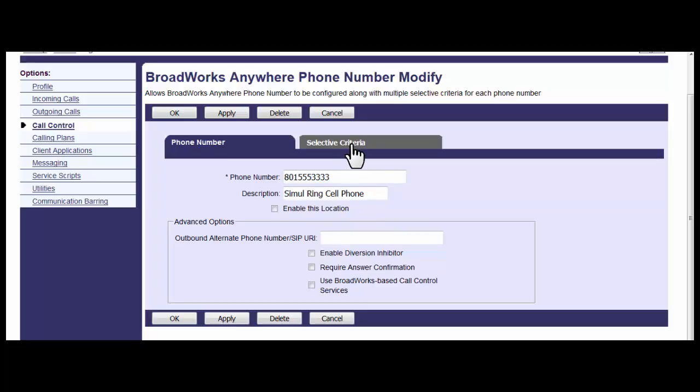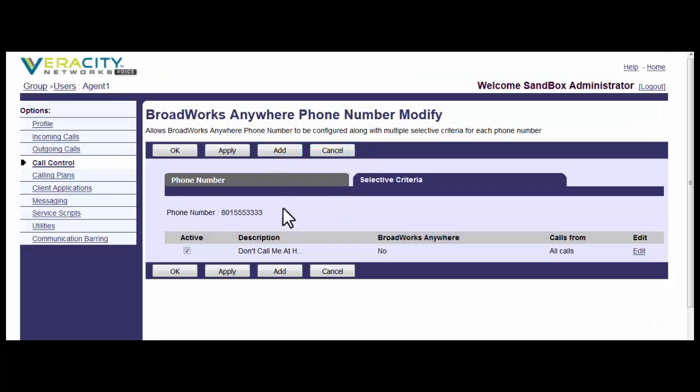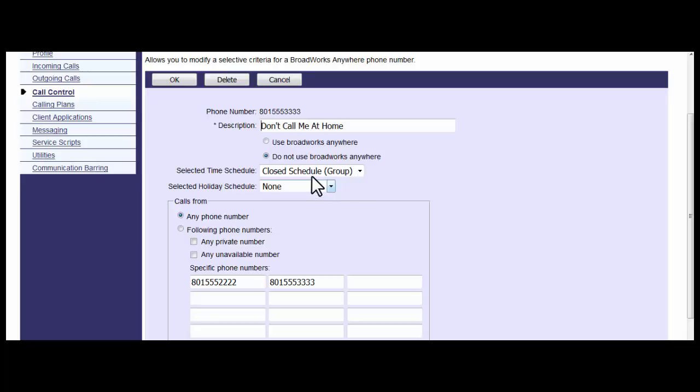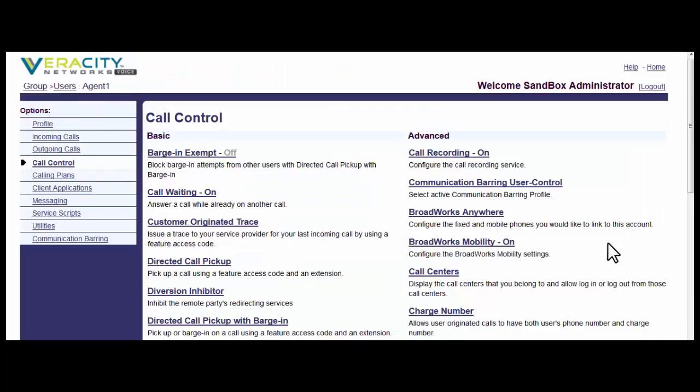But you can go in here to the selective criteria tab, and you can use the add button to set a rule. Don't call me at home is what I call this rule. It's set to do not use BroadWorks Anywhere during my closed schedule from any phone number. Very similar to simultaneous ring. Another option in call control